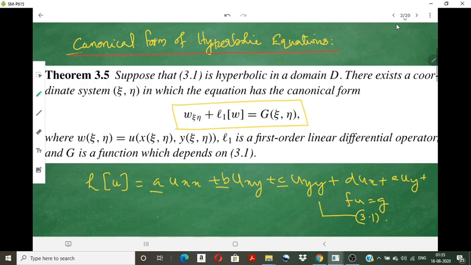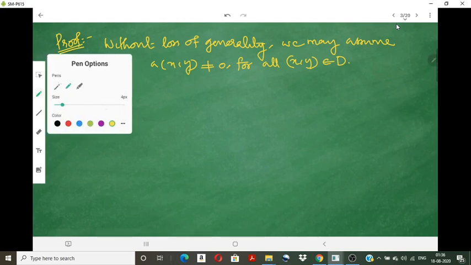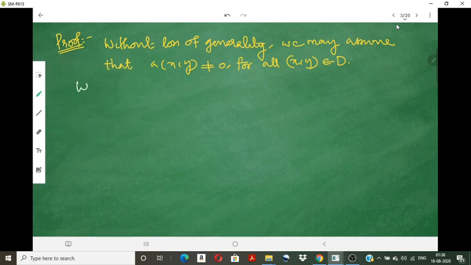And more conveniently, we take A of x, y as not equal to 0 for all x comma y in the domain D. We need to find two functions here, theta and eta,